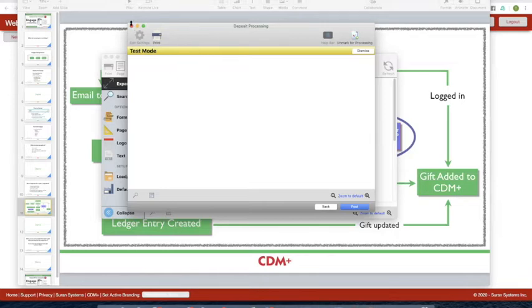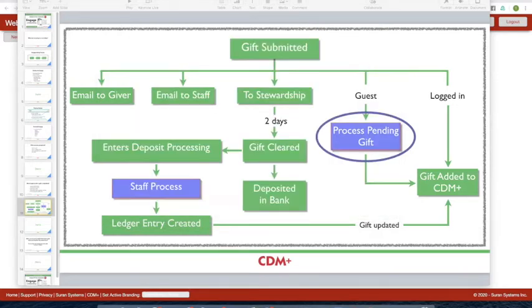All right. Sorry about that. I did not realize that I was set up for advanced fund accounting. So